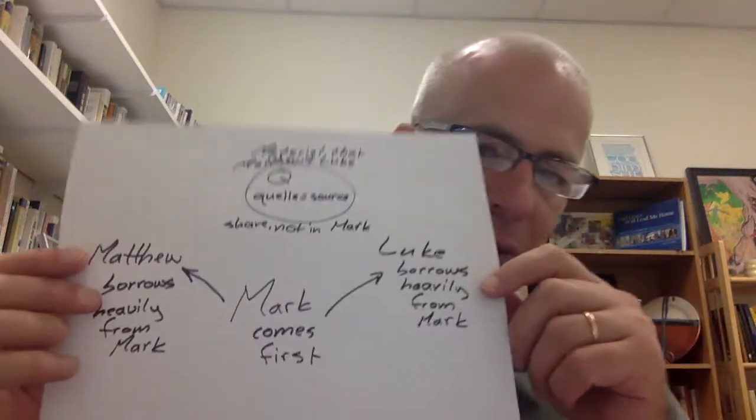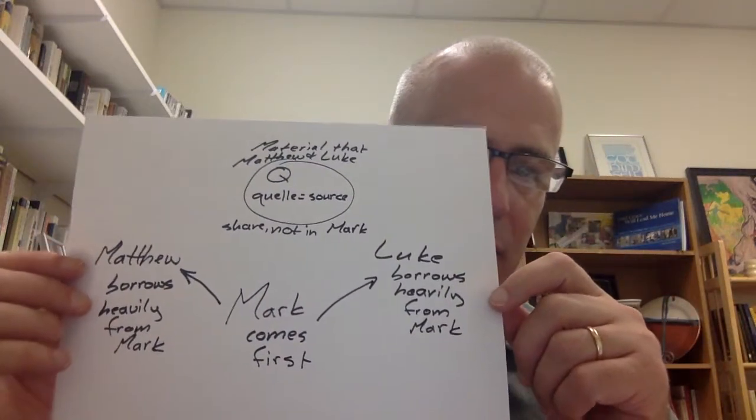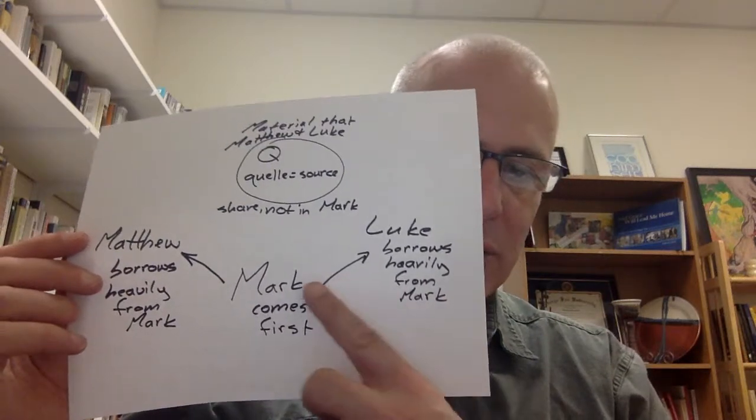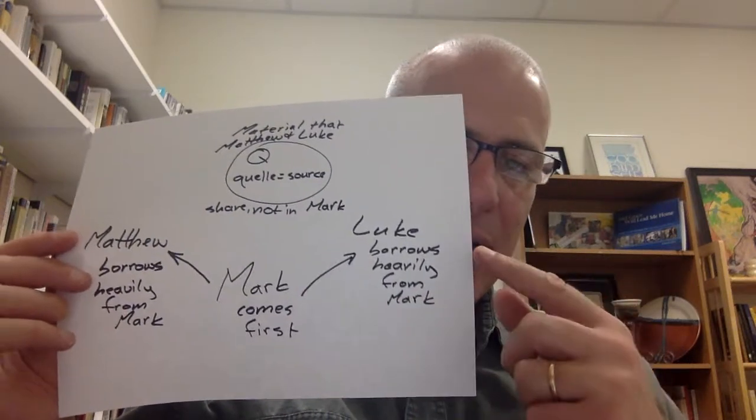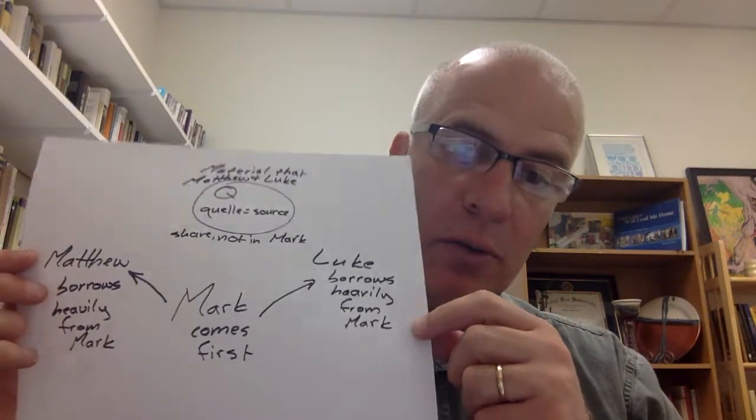And we'll discuss in a moment when perhaps Mark was written and when maybe Matthew and Luke were written, and why that might matter as to when we think the Gospels were originally written. But I'm going to show you a chart that I will hold up a few times here. And this is the idea that Mark is the first gospel, that Mark comes first, that Matthew and Luke borrow from Mark. And you'll notice that it's a very quick look at the three Gospels.